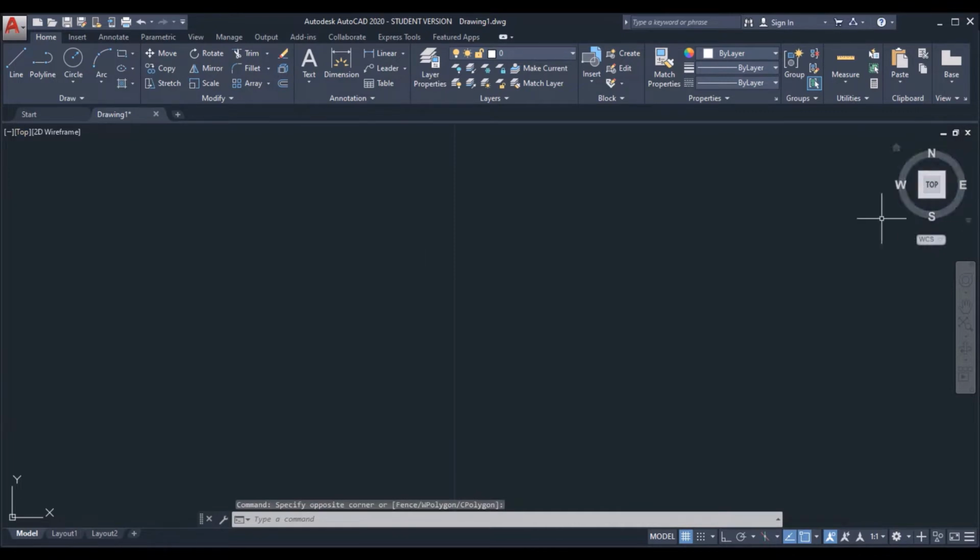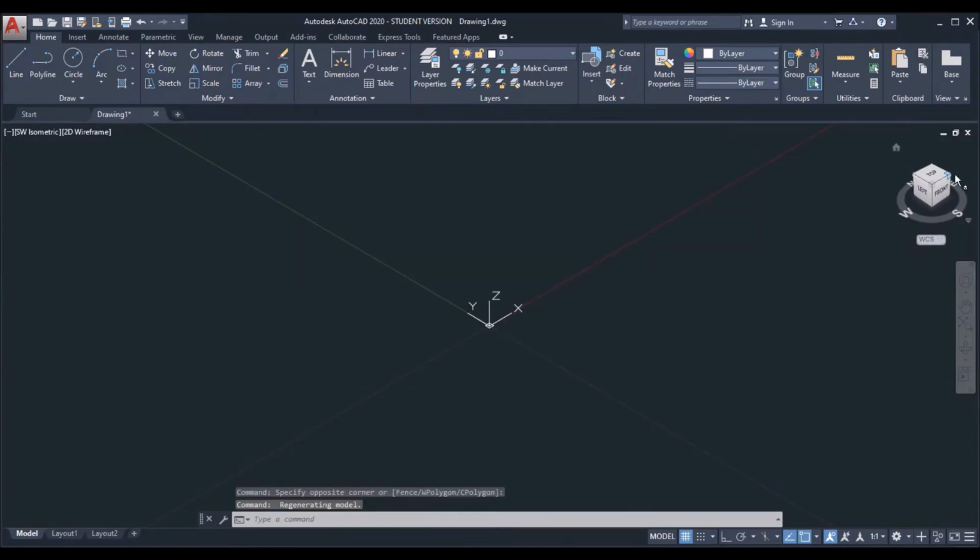Next, this is the cube, where we are going to see each and every point of view of a 3D object. So if I click on this home position, you will get the 3D view of the cube, and you can see the workspace has changed to 3D axis. If I click on the top, you will get only 2 axes. If I click on the bottom or front or any view like this in 2D axis, you will get only 2 axes. So if you want to get 2 axes, you can click any face of the cube. If you want to get 3D axis, just click on the home position.